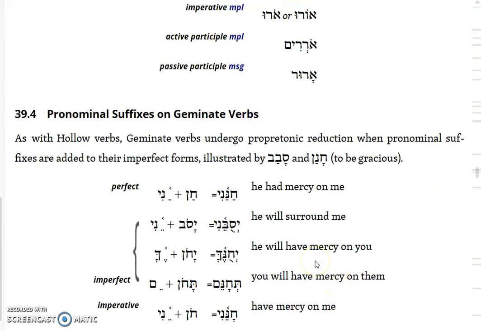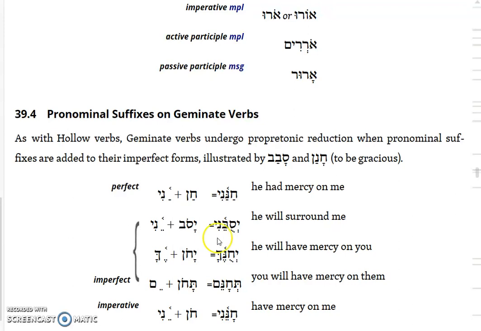Again, you can add pronominal suffixes onto the geminate verbs. It will modify the vowels in certain cases. So for example, if you take the form yasov, he will go around or surround, and add an object suffix, ni, it goes from the O between the samekh and the bet to a kibbutz U, and so you end up with